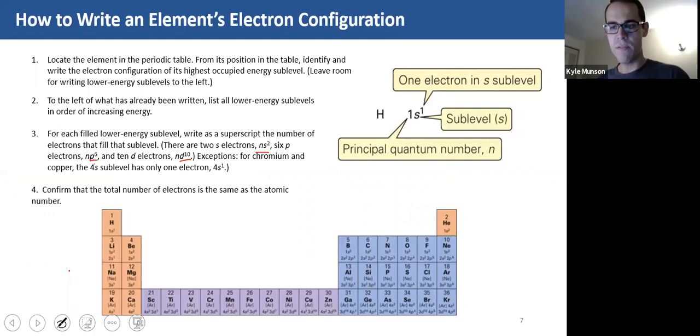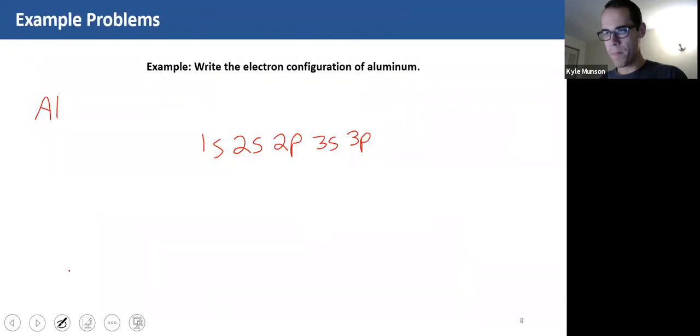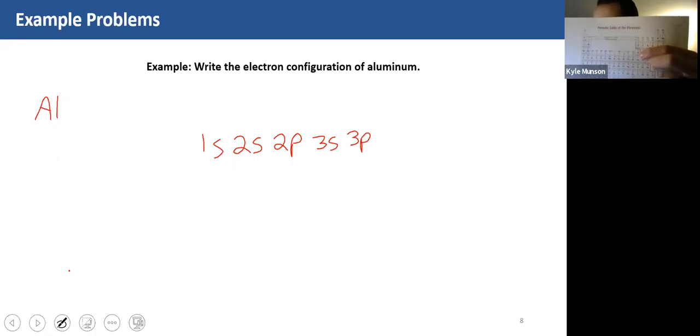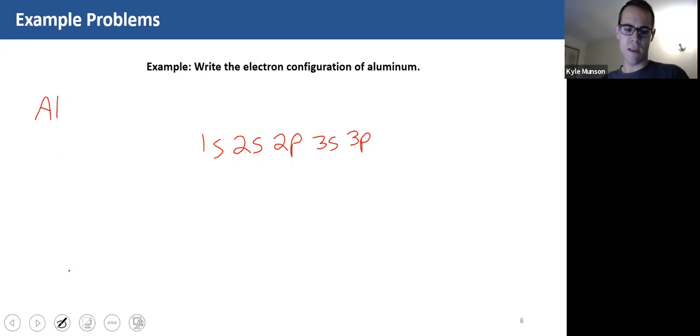So now we're on step 3. For each filled lower energy sublevel, write as a superscript the number of electrons that fill that sublevel. Okay. So aluminum, here's one way you can do that. Aluminum has 13 electrons, right? It has 13 protons, it has 13 electrons. We get that from the periodic table. So let's just write out 13 electrons here. Okay, what do I mean by that? Well, this 1s